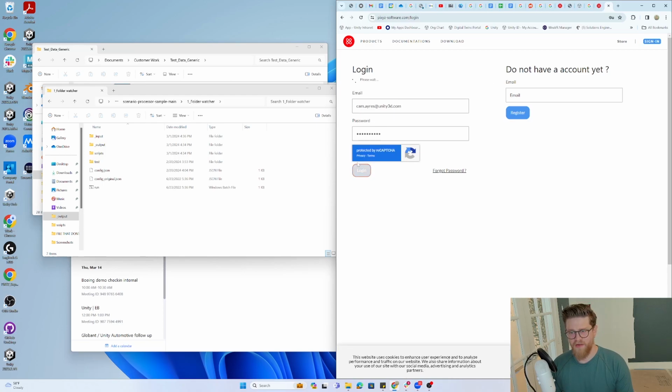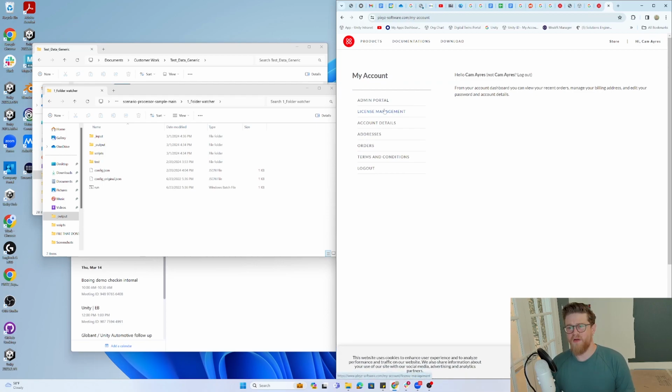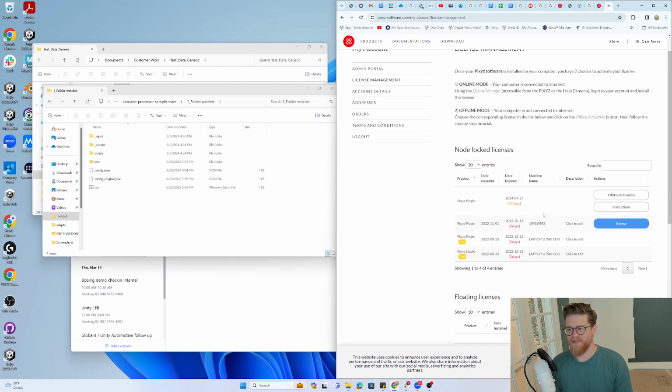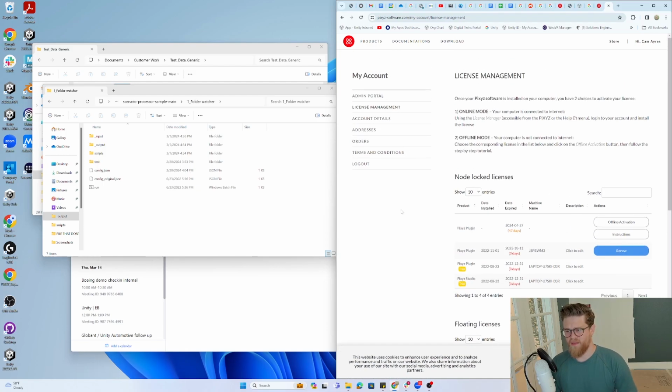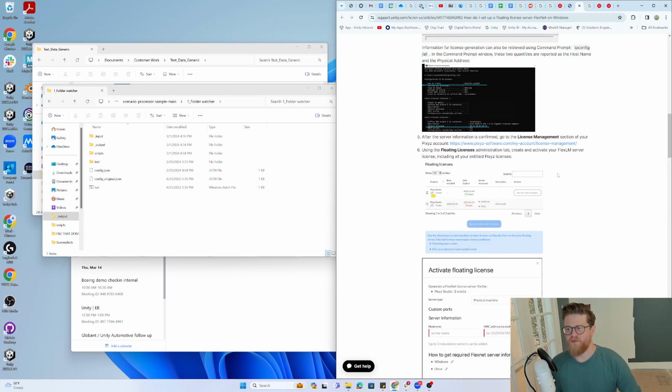So I have my login here. I'm going to log in, and then I can get into my license management, my admin portal. So if I go to license management, I can see what I have down here. I won't risk going into any of that too deep, but that's the idea of where it's at